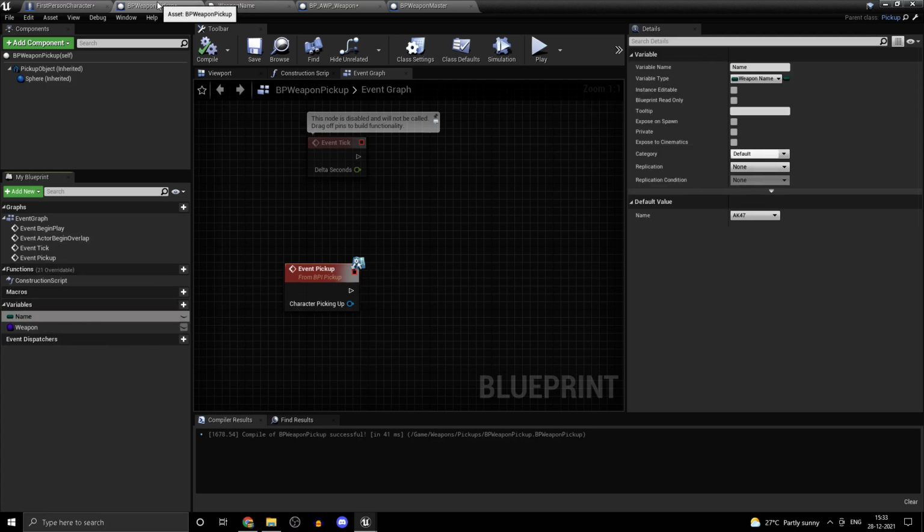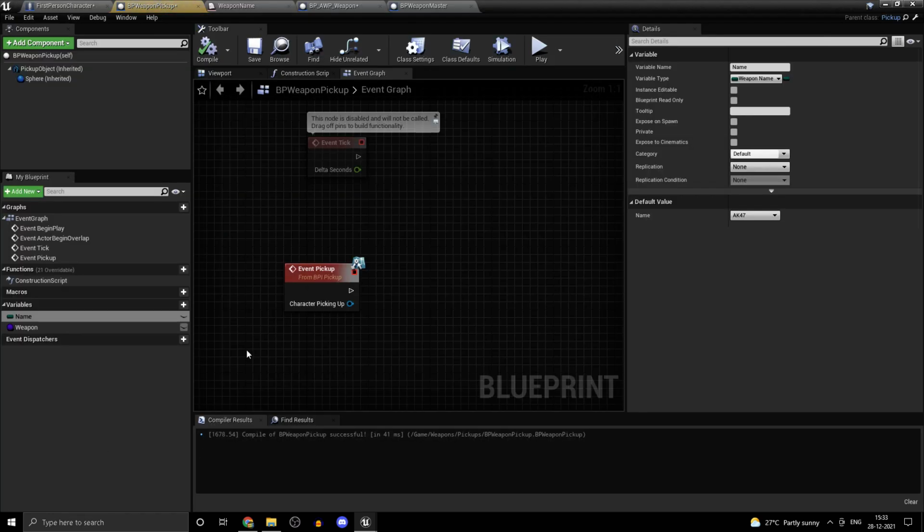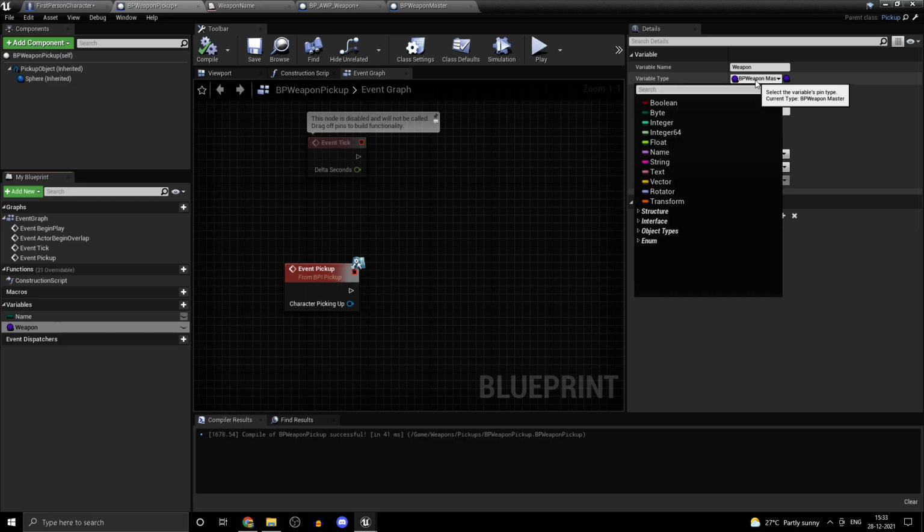So even over here in the pickup, remember, this is the parent class or base class, but not the topmost one, not the pickup class, because every pickup need not be a weapon. So we are going to be having name and weapon over here. Weapon is going to be a class reference to BP weapon master.